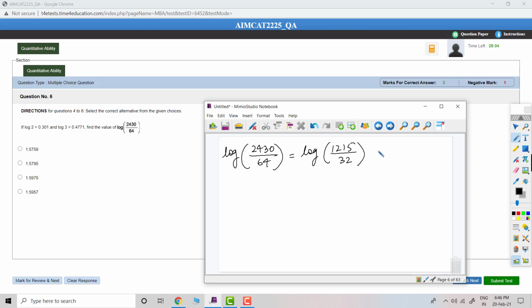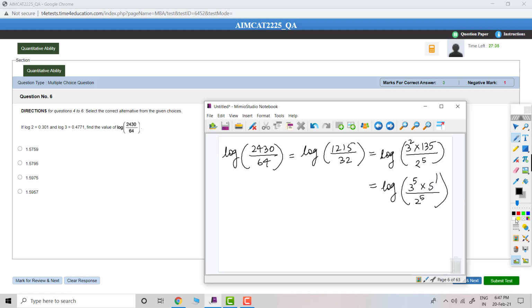Okay everyone, now let's do prime factorization here. Log of, this is divisible by 9, so if I divide it by 9, what I will get? Tell me. I will get 135, and this is 2 to the power 5. Now this 135 is how much? Look here, 135 is 27 into 5. 27 is what? Tell me. 3 cube. So this will become what? Tell me. Log of 3 square into 3 cube is 3 to the power 5, into 5 to the power 1 divided by 2 to the power 5.